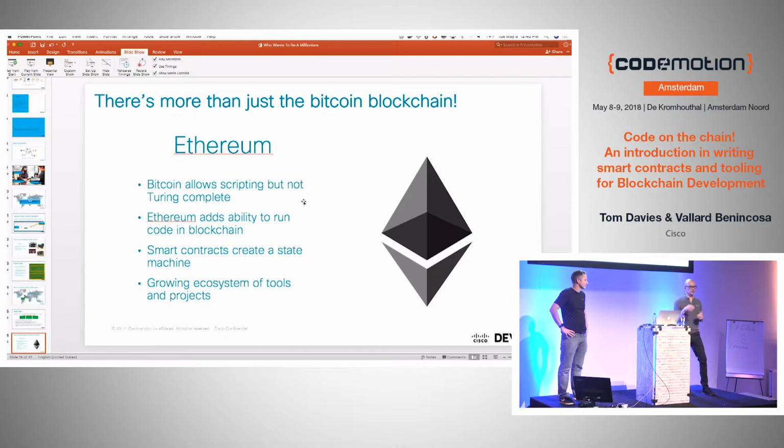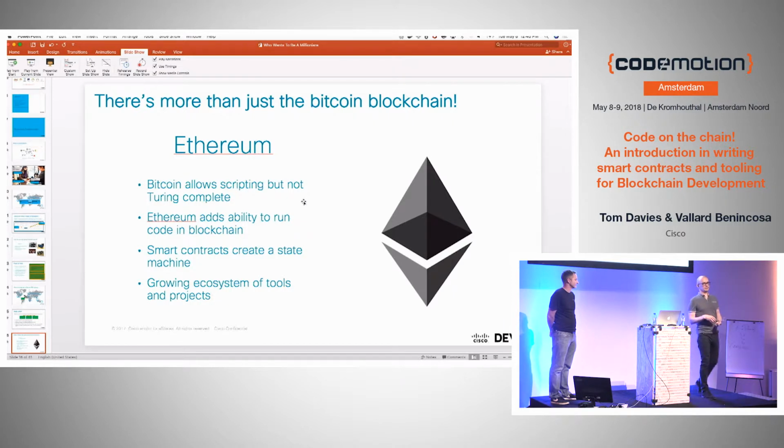And the reason why we're going to focus on it today is because it allows Turing-complete code, i.e. code we all write, to be deployed onto the blockchain and have its own little account too. And then you can call that code and execute it. They're called smart contracts. Now, as you probably know, it's the worst naming convention in the world because they're not smart and they're not actually contracts. They're just code. It's just logic that you write and then put into the blockchain that then can be executed as part of any other transaction.